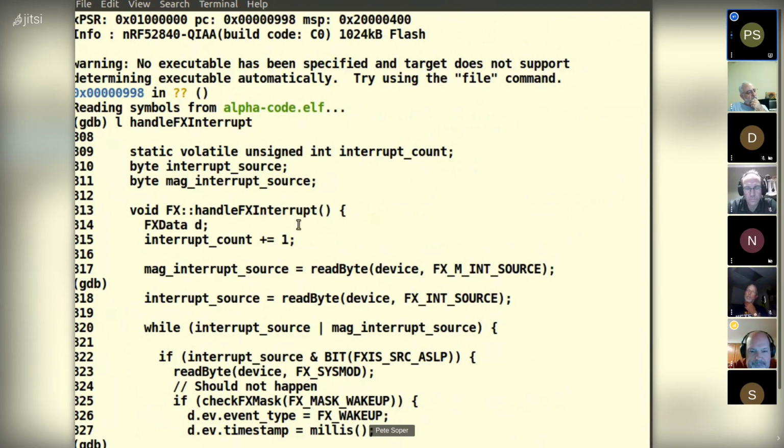I would point out that this is actually a C++ function, not a C function. The Particle guys put in the extra work to extend attachInterrupt, so you can pass it the function specifier and a this pointer. The this is the C++ magic word for the pointer to the current object.